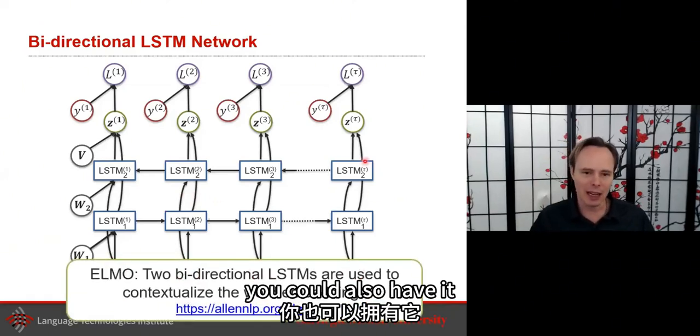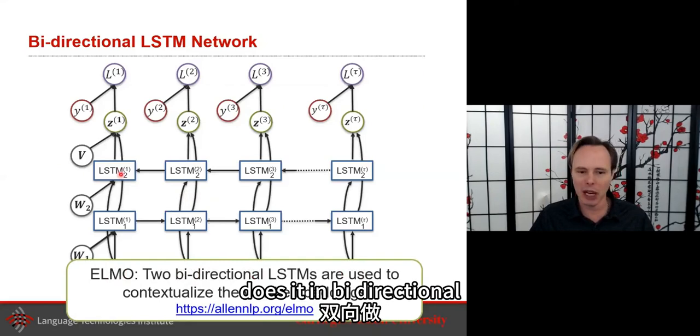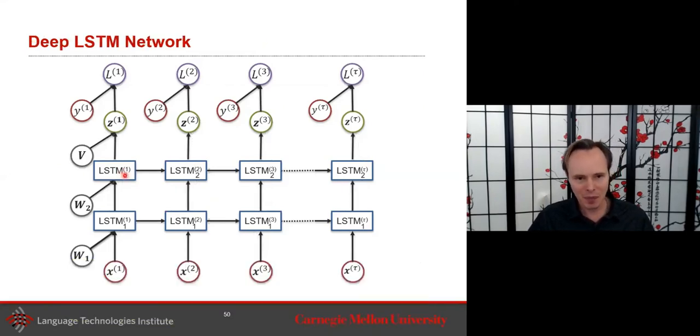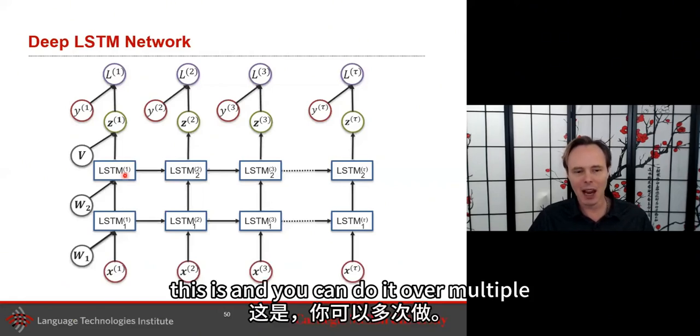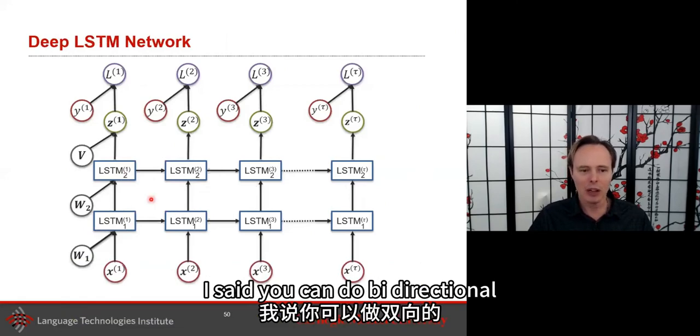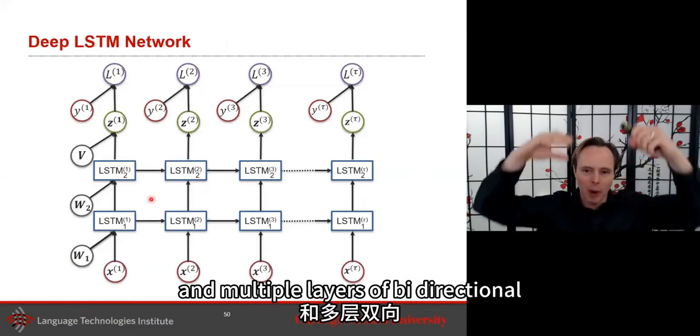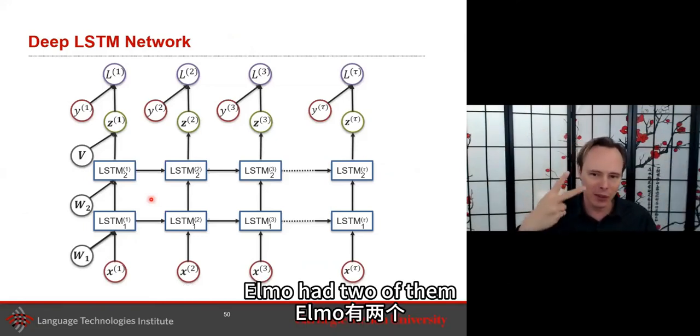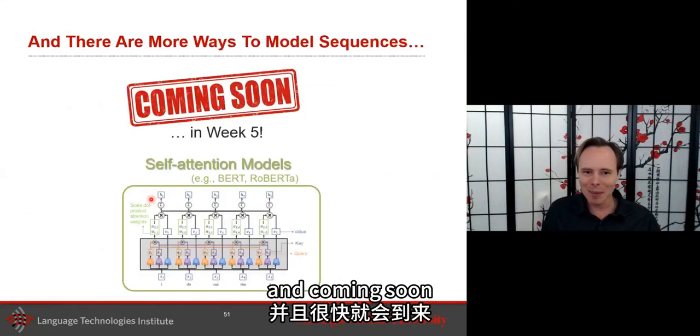You could also have it do this bidirectionally, and with 2 layers on top of that. You can do bidirectional, and you can do multiple layers of bidirectional. Elmo had 2 of them. And coming soon,